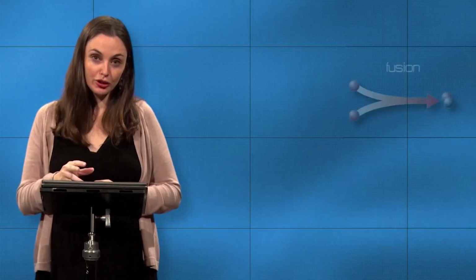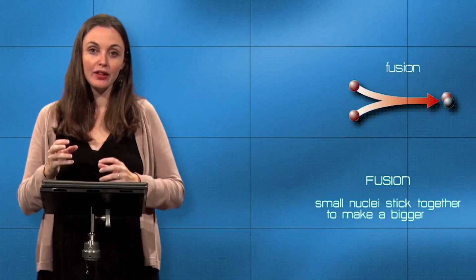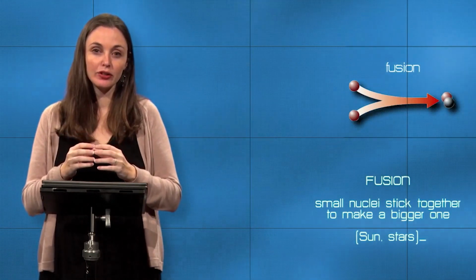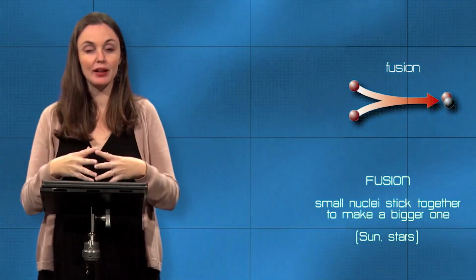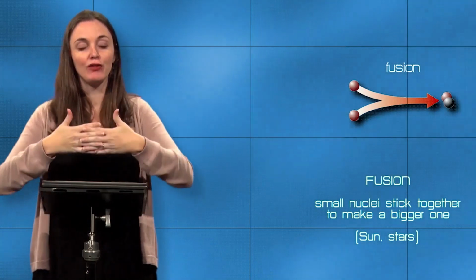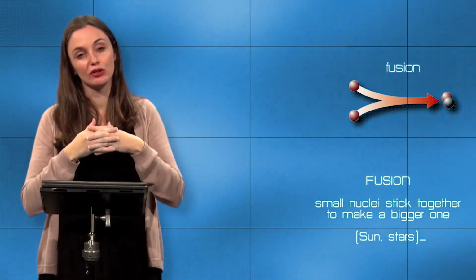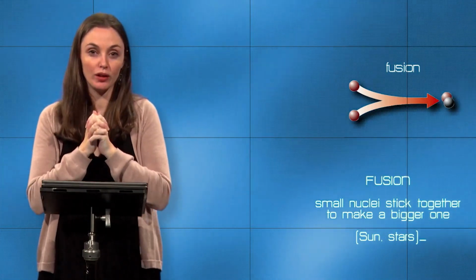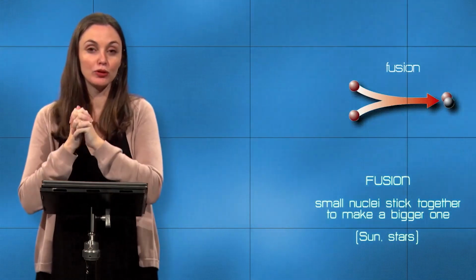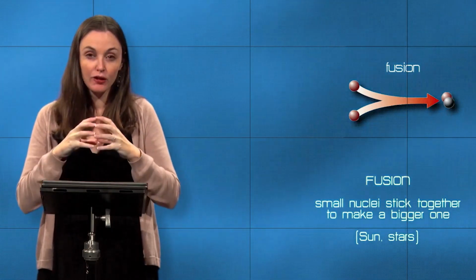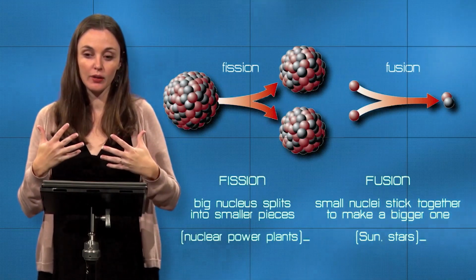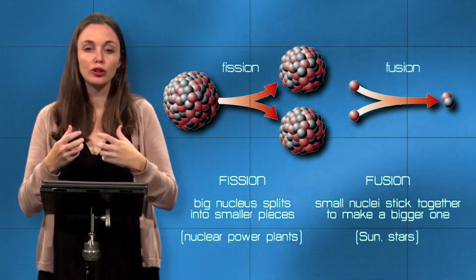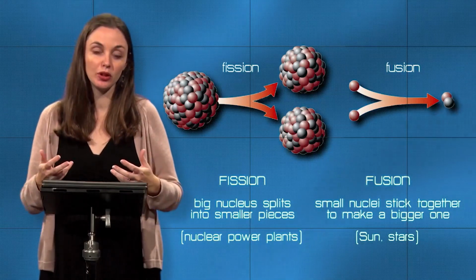So fusion is the process of taking these tiny little particles, mainly protons and neutrons in the nucleus of the atom, and combining them together to make something bigger. If you fuse two things together, you essentially glue them together and you make them one. 1 + 1 is 2, 2 + 2 is 4, and so on. Fission is the opposite of that, and that's the far more common nuclear process that most people are familiar with.